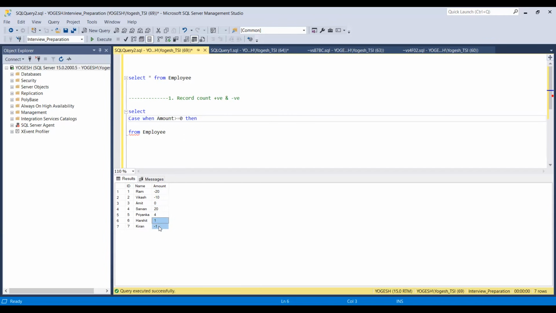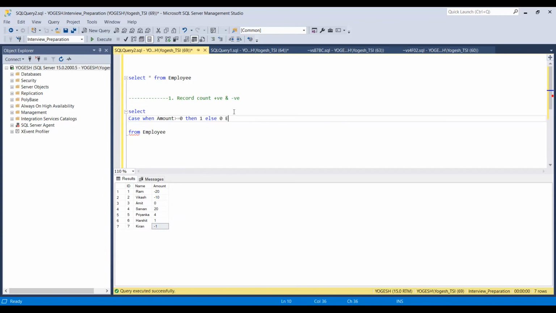How can I remove them? Either I can replace them with any value like 0 or nulls. There are so many ways. So what I'm going to do is keep the positive values and avoid all the negative values. So if amount is greater than or equal to 0, then 1, else 0, right?